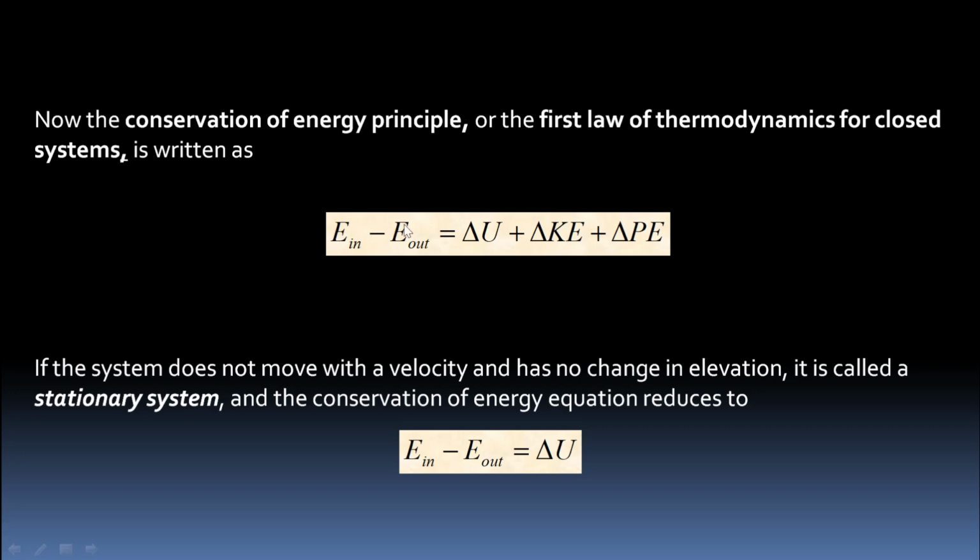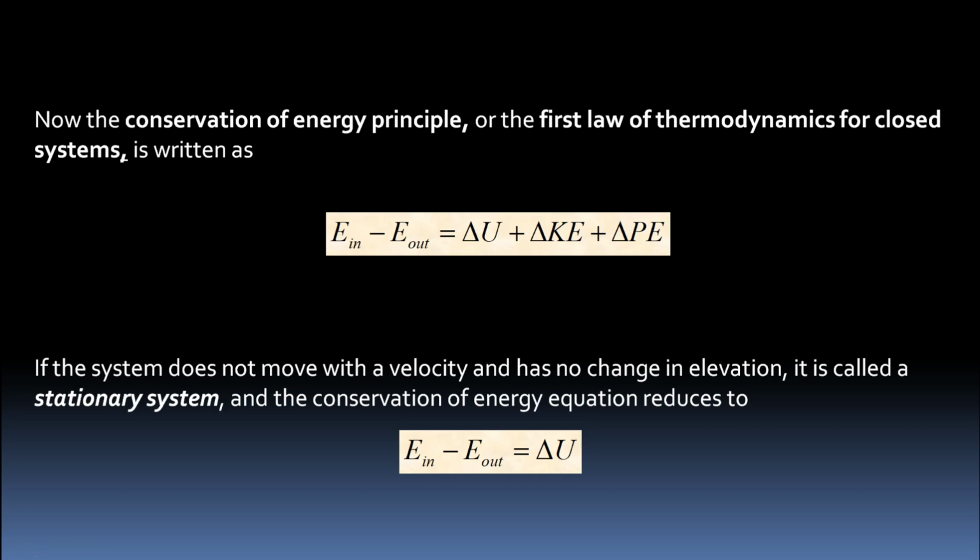Therefore, we can substitute for delta E here. E in minus E out is equal to delta E. So delta E is substituted as delta U plus delta KE plus delta PE. Change in internal, kinetic and potential energies is equivalent to the net amount of energy coming in minus going out. So if the system does not move, potential energy will be there, but kinetic energy will